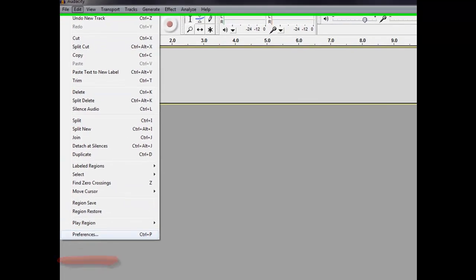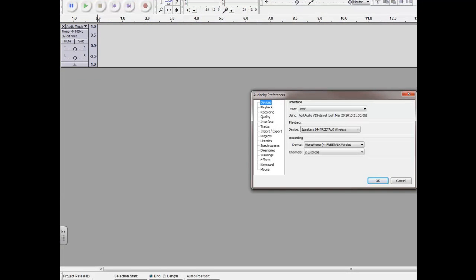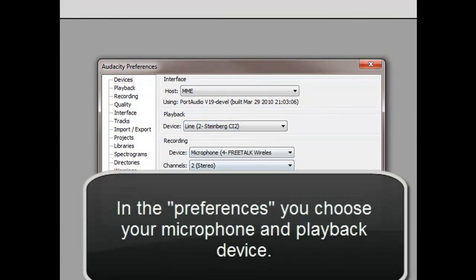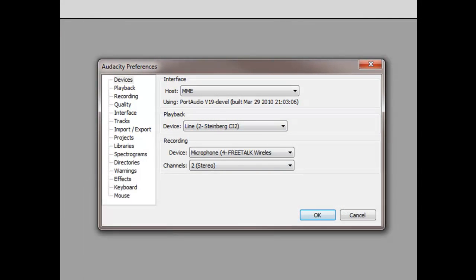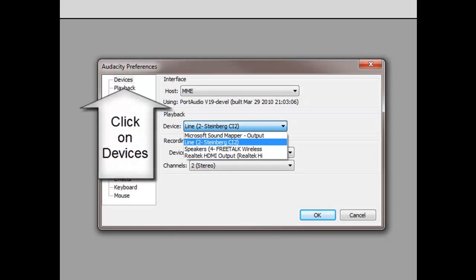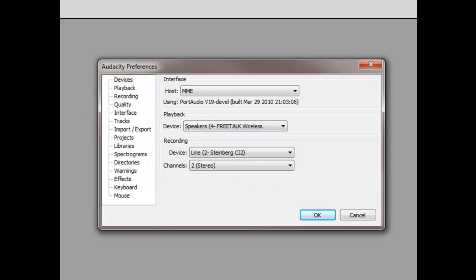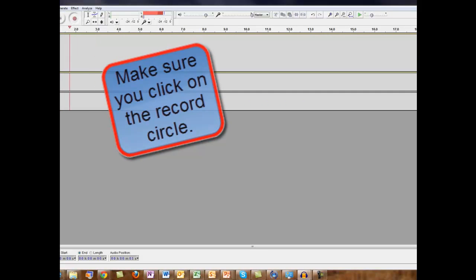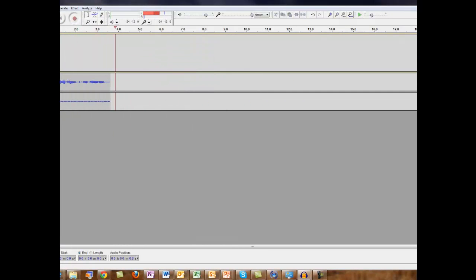I'm going to use another microphone, so let's see if that works. I don't know if I can use both at the same time. Check, see if this works. What we are doing here today is creating a podcast, and this podcast is going to be dealing with